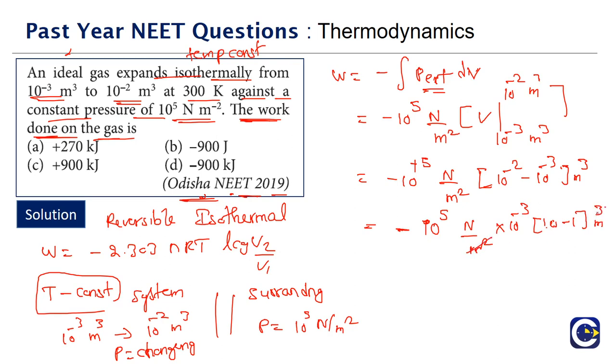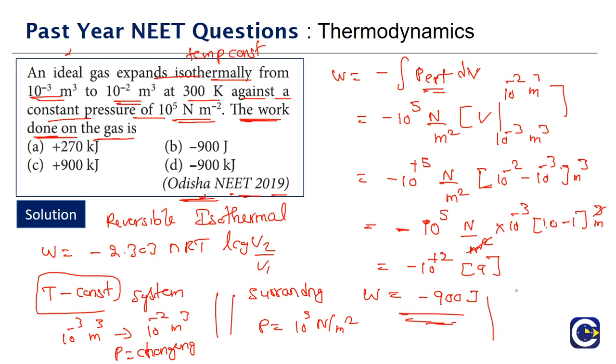So meter square will cancel. So minus 10 power 2, 10 minus 9, okay, so which is what? Minus 900. Newton meter is what? Joules. So W is coming as what? Minus 900 joules. Okay, so here if you look at it, right, W negative, remember, we talked about in the